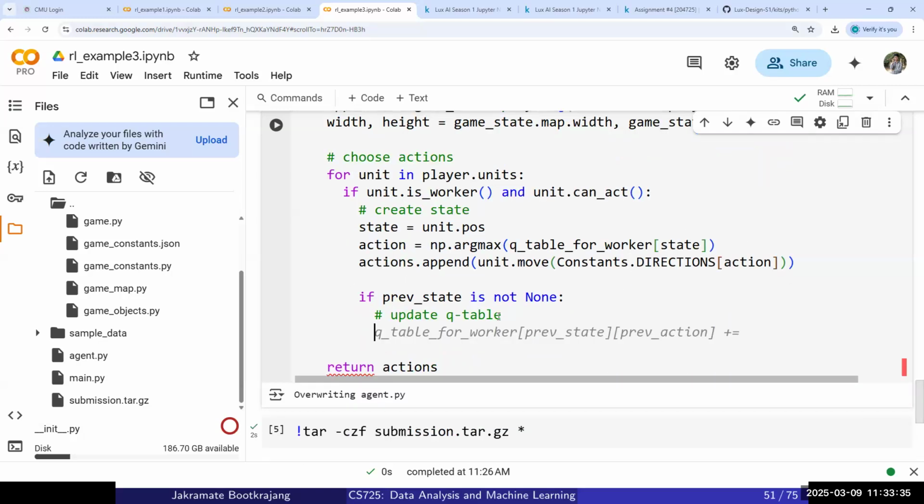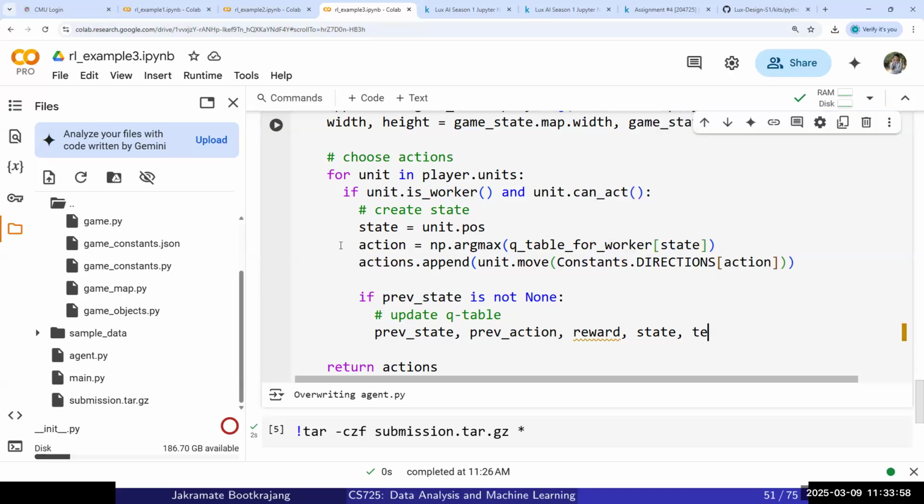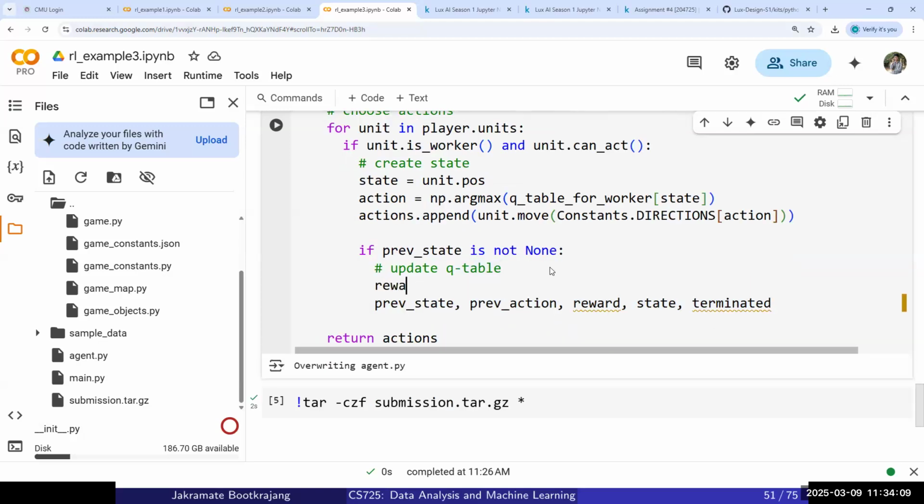So in the queue table, now you have previous state, you have previous action, and you need to define the reward. We don't know yet. And then you have the state, which is basically the next state, right? And then you have the terminate. So you have all these variables, right? And for the reward, maybe you can define the reward to be, I don't know, game state,